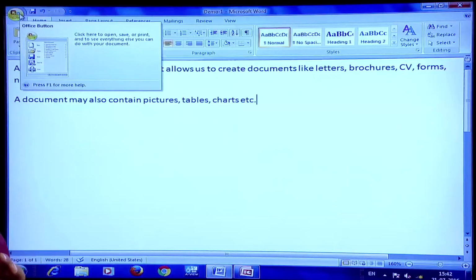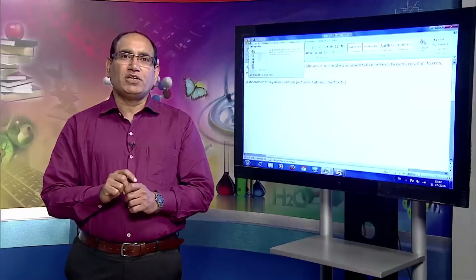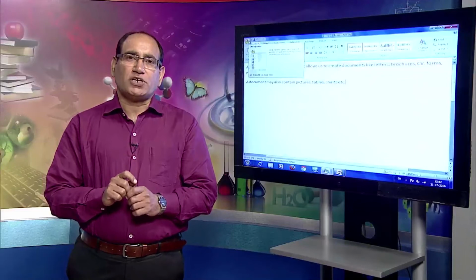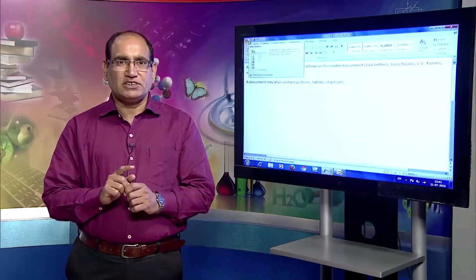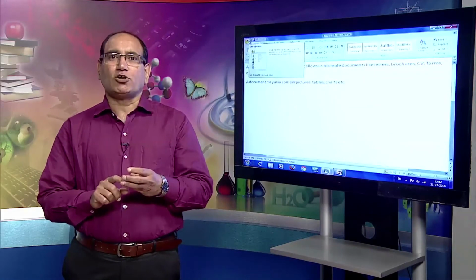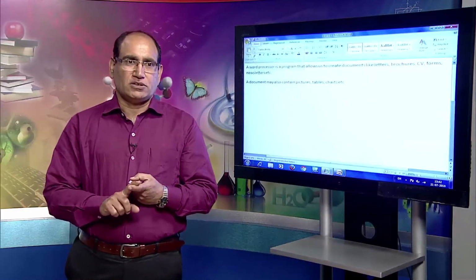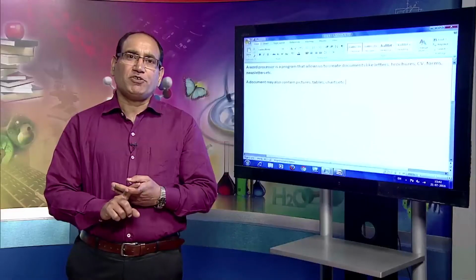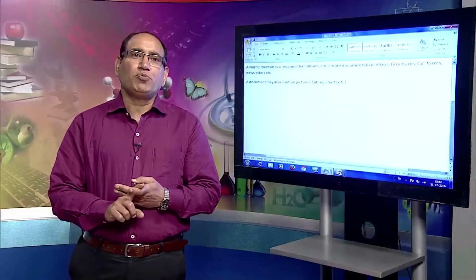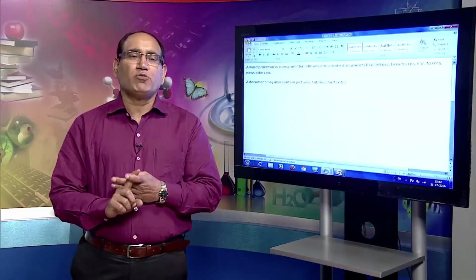Now, there is a difference. One thing is I want to protect the document for read only by giving the password, or I want to protect the document for modification also. Again, let me repeat these three things. I want to protect the document with a password, password for read only, password for modification, and I want to protect my document without the password. Without the password, if I protect my document, then it can be opened in read only mode. No one can modify it.